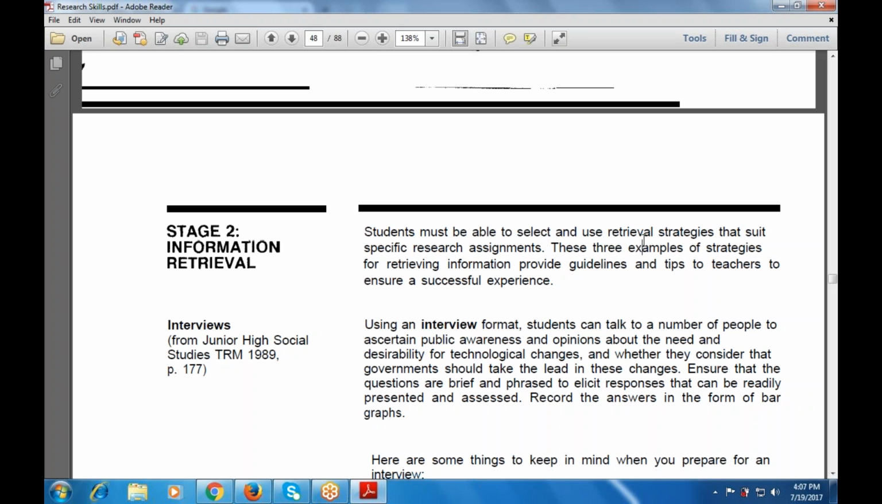And these three examples of strategies for retrieving information provide the guidelines and also the tips to the teachers, and ensure a successful experience. So whatever the strategies they follow, whatever the information they are taking, they provide the information and the guidelines to ensure a successful experience in information retrieval when they take out the interview methods, when they take out the interview procedures. There are some guidelines, or we can say the structure, that is followed by the interviewee as well as the